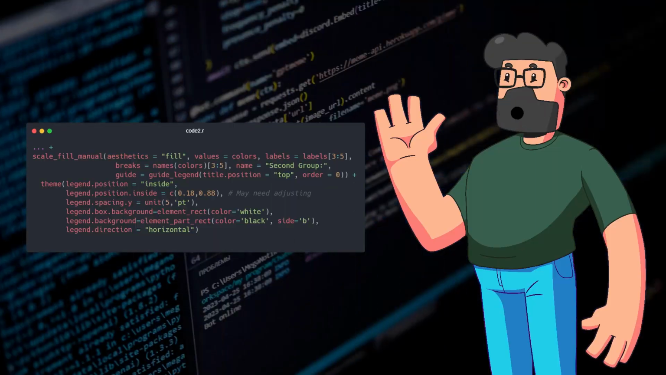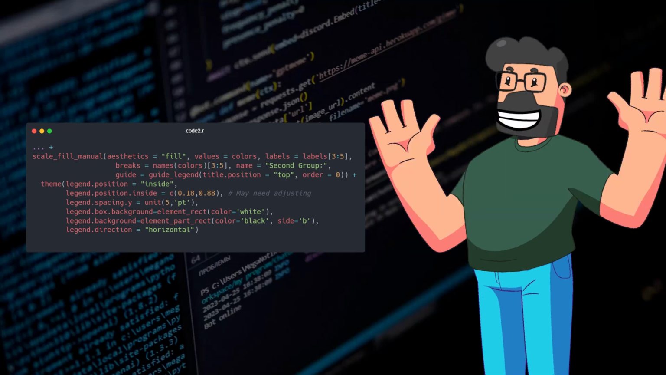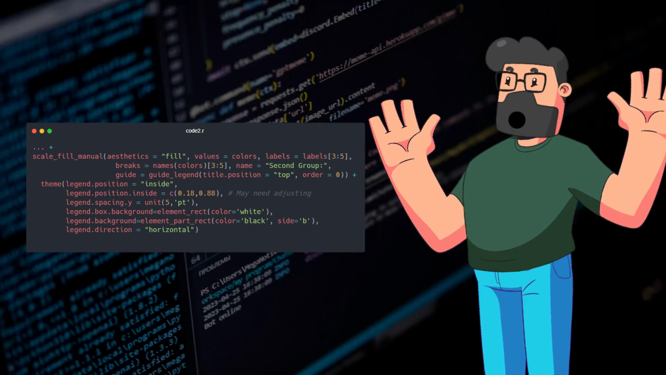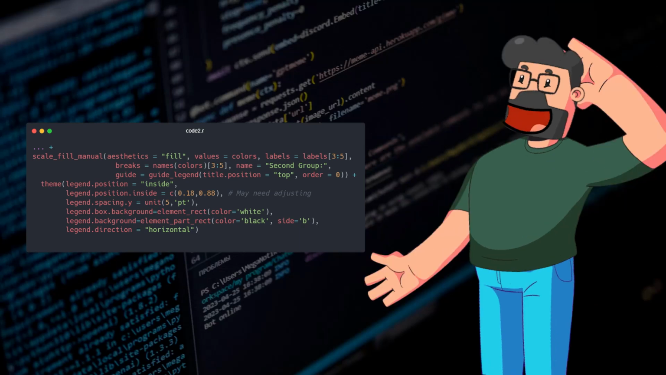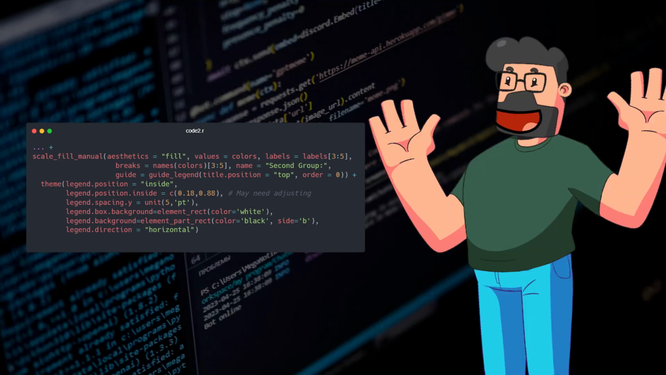Continuing with our solution journey, we can see how adjusting specific parameters can refine the legend presentation. By utilizing the scale_fill_manual function with defined aesthetics, values, labels, and breaks, we can control the coloring and grouping within a legend. Moreover, tweaking the theme settings allows us to finely tune the legend's position, spacing, and background styling for a polished